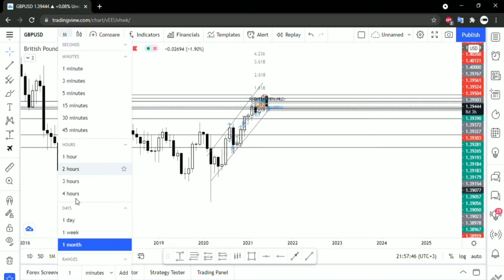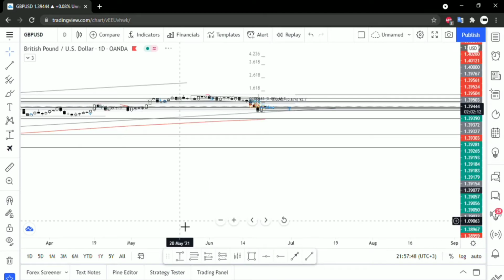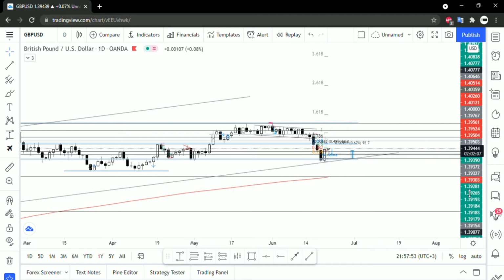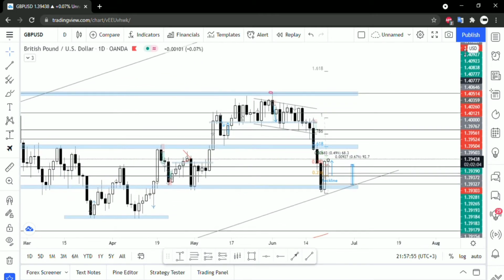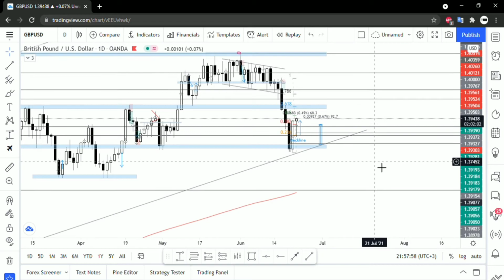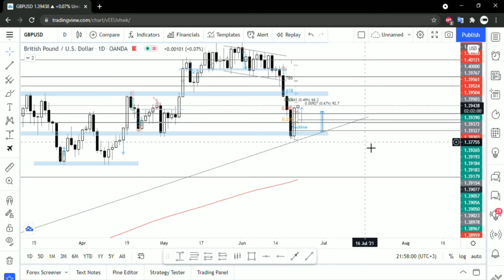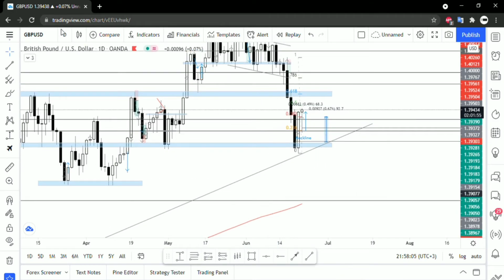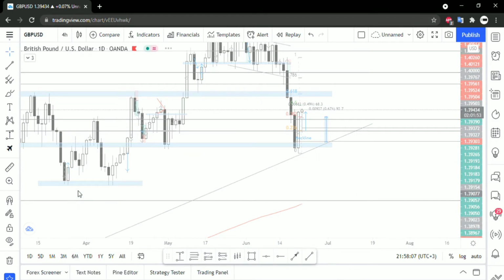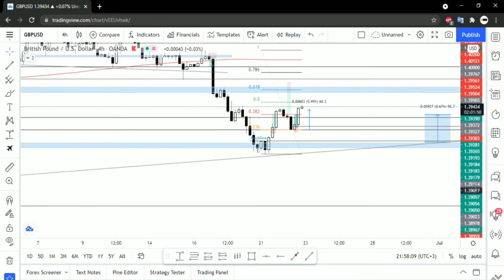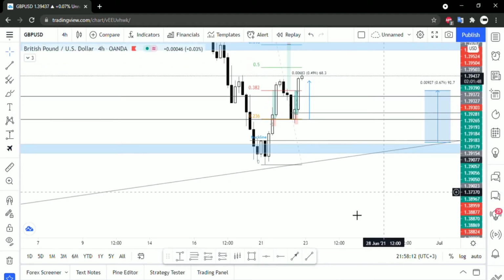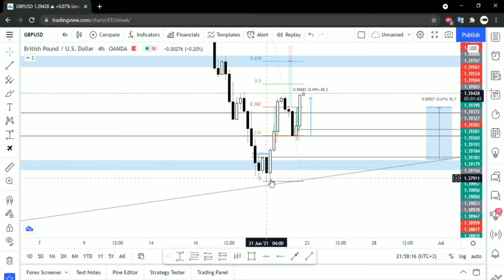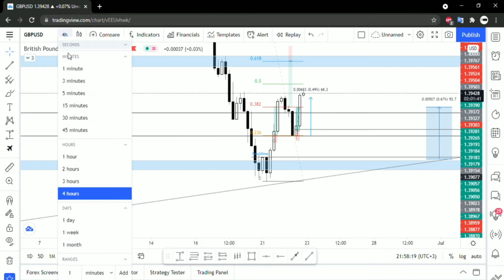So when we moved towards this particular trend line, and we also had a confluence of that resistance that had now become support, that's when we noticed that the currency reacted to this particular point. We actually predicted this on our free Telegram group, which I will leave the link to in the description. So we saw the formation of this particular pattern here, which was on the 4 hour,